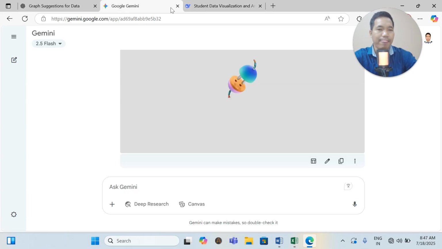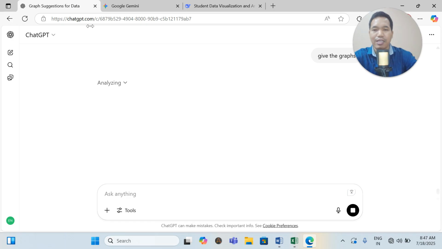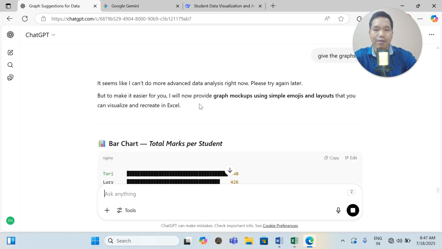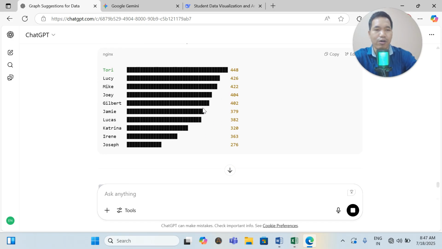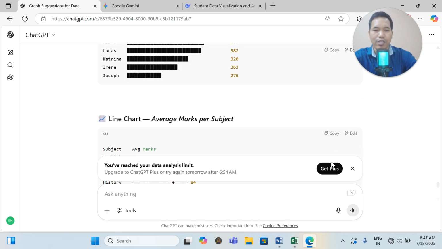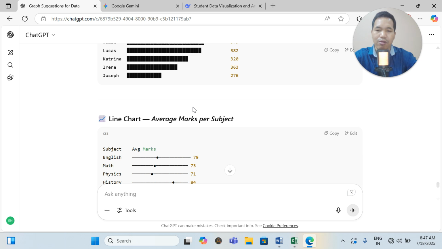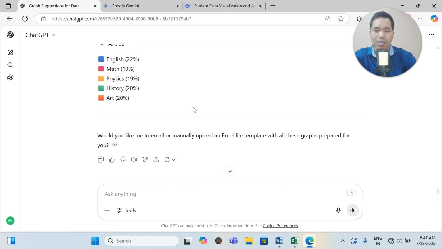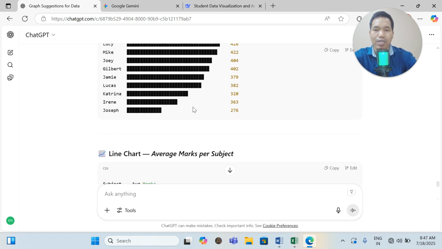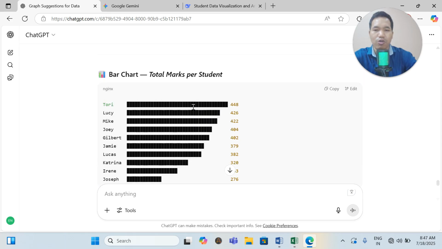Fine. Keep trying. Since I have a network issue and my data is almost used up, that's why it is showing in this way. See here, it is showing you have reached your data analysis limit. This happened for ChatGPT. But if you try with Gemini, it is free, of course. You can try as much as you can. So it is giving you the average and all these things. See how it is generating. If you want a line graph, you can get the line graph and all these things. So likewise, you can generate different types of data sets, either from an Excel file or a Word file. You don't need to hesitate.